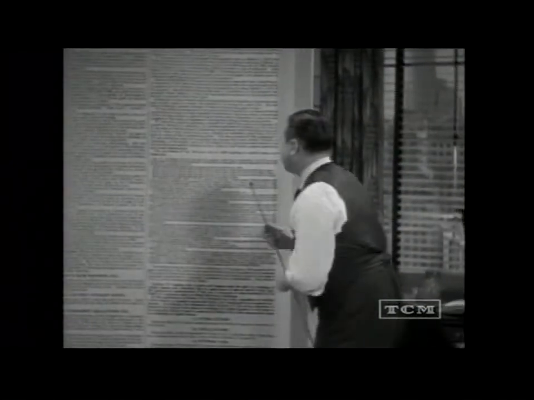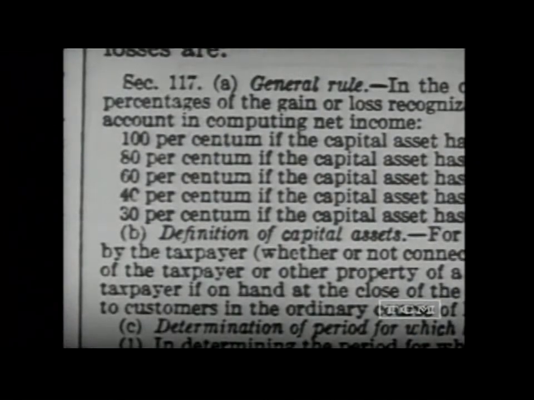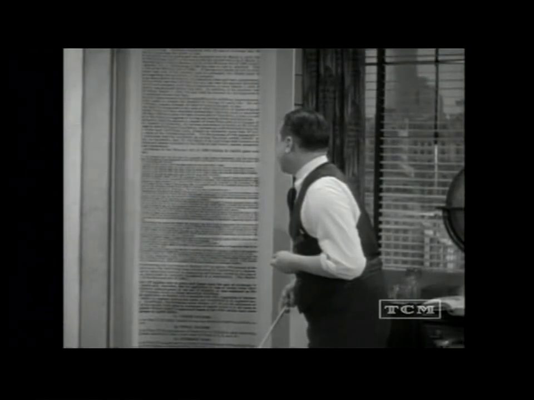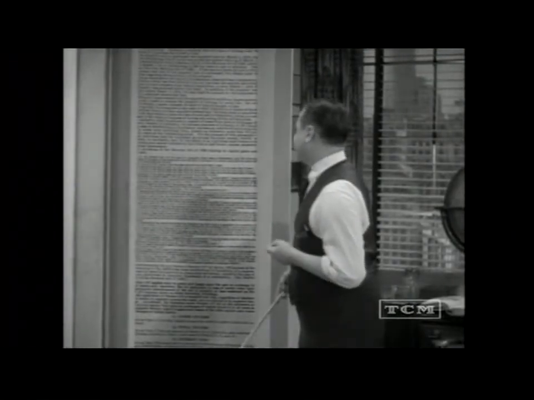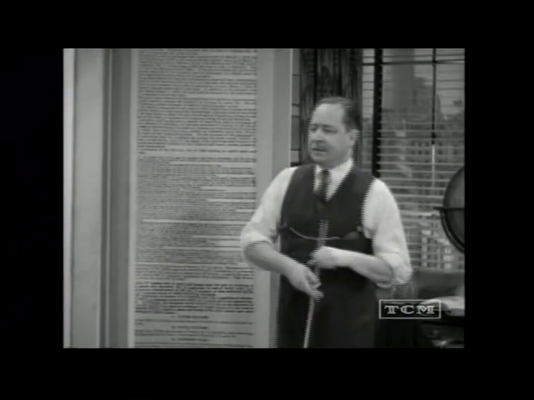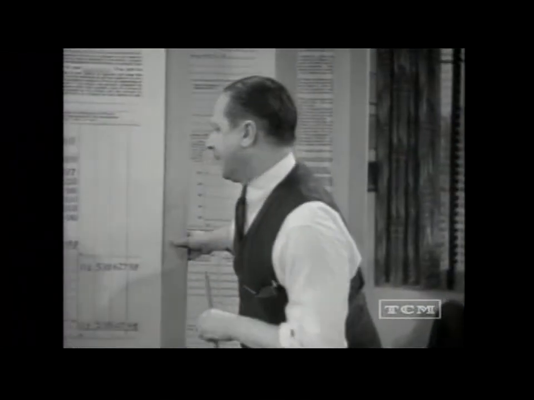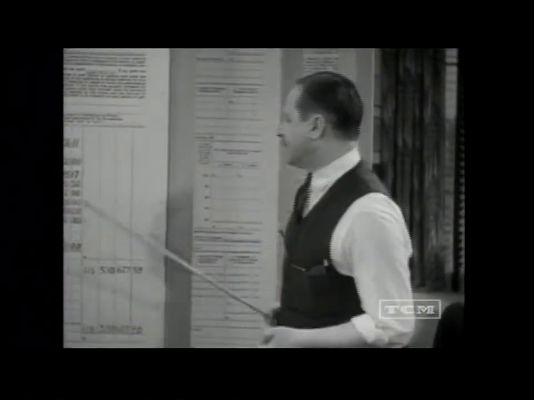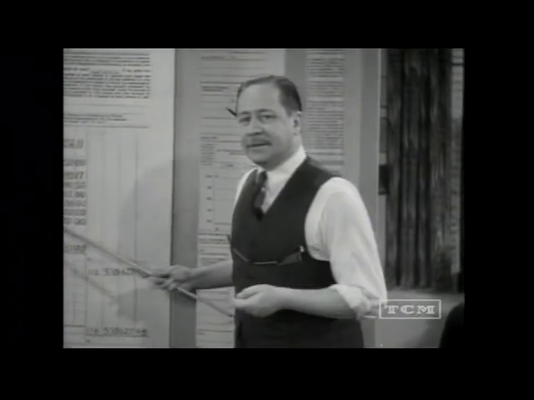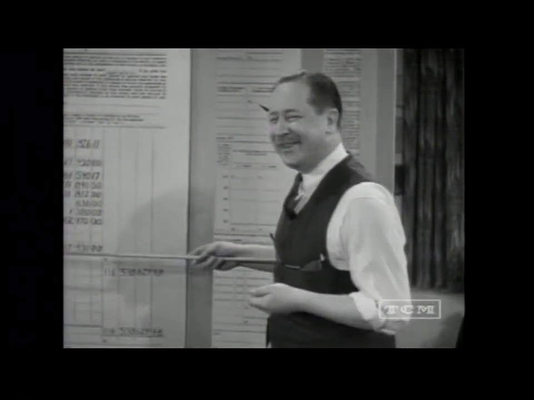Instructions. Here we are. 100% of them if the capital asset has been held for not more than 1 year. 80% if the capital asset has been held for more than 1 year, but not for more than 2 years. 6% if the capital asset has been held for more than 2 years, but not for more than 5 years. Oh, well, that's self-explanatory in a way. So we got back to here, 6,371,812,000. Well, that's the diameter of the Earth. That belongs on another chart, I guess. We don't have to have that.